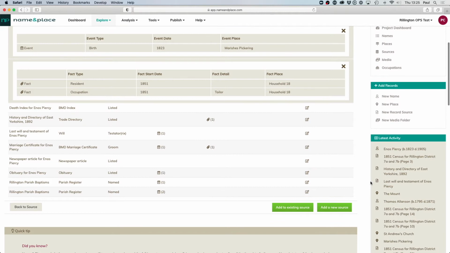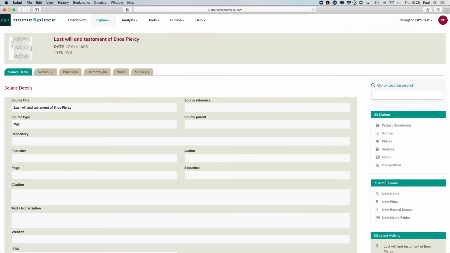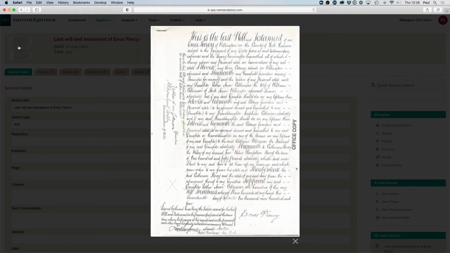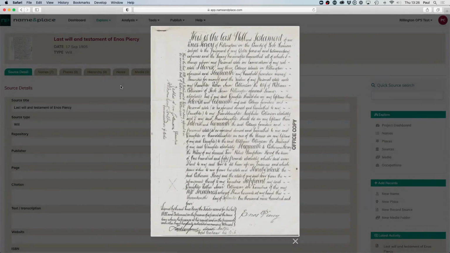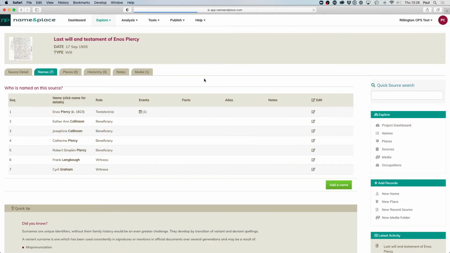Now, as I mentioned, sources can come in many forms. So in the case of Enos, there is also a will for him in the project, and you can view the source document of the will which has been loaded to his name there. Now, there are names recorded on a will, and this is another unique part of name and place, because whereas traditionally you would record the name against the person it was associated with and perhaps some beneficiaries listed, we list everybody who's recorded on a source.